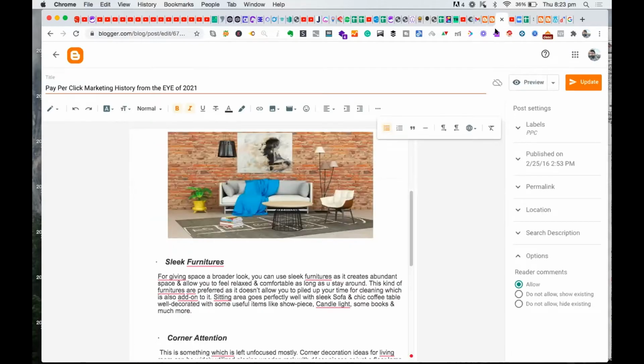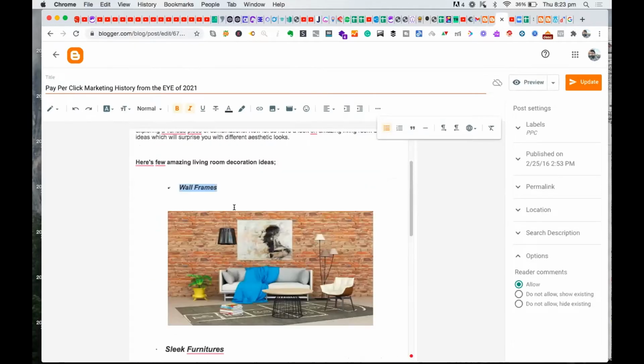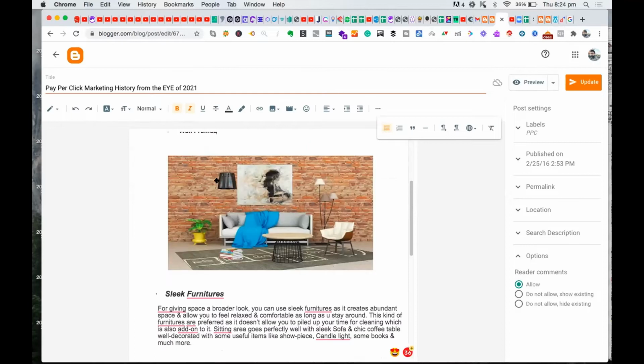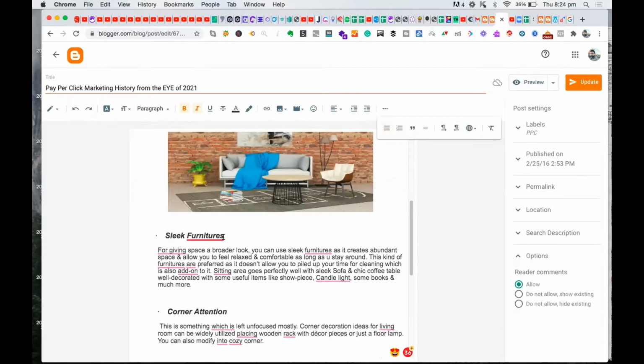So that way, what you'll do is make this one H3. If you want to do H3 also, it's great. So select this much and make it H3, a subheading. Great. And then what you do is write the content, because of sleek furnitures and everything. Again, the same thing, all those things. You can give the style, but it has to be an H3. Now from here, let's say for